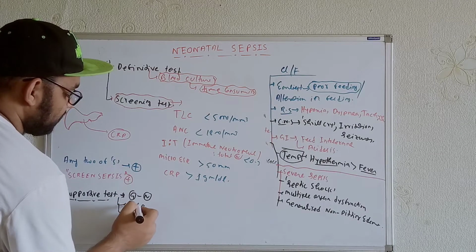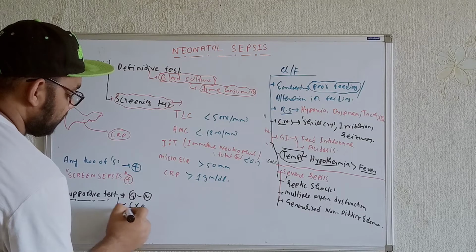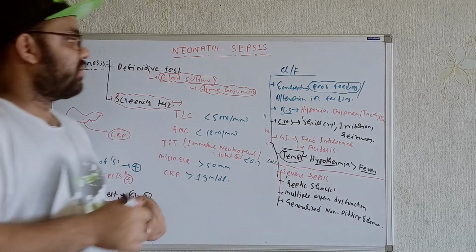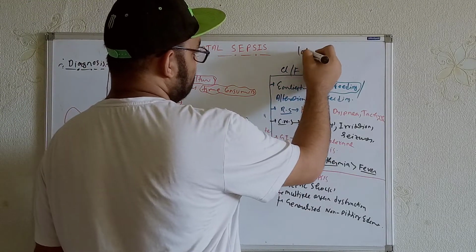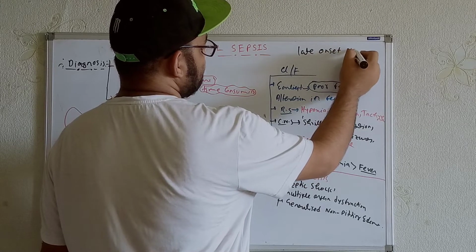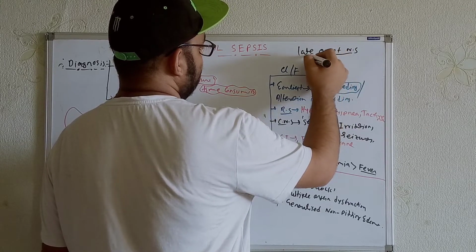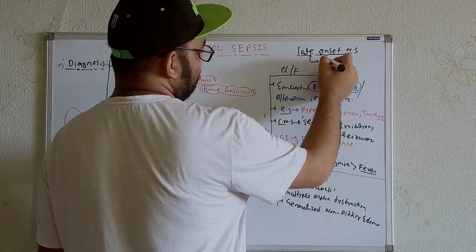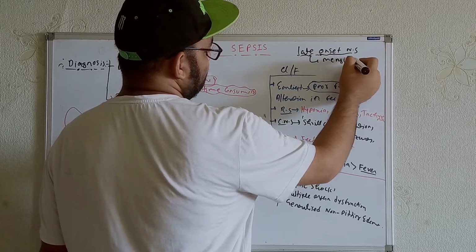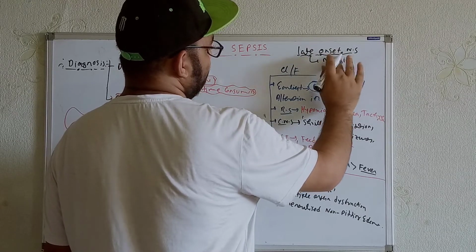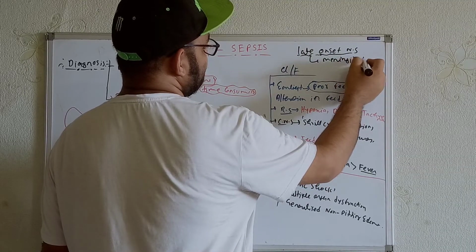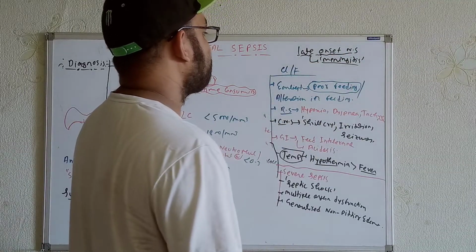we can study the CSF, cerebrospinal fluid, because of one thing we'll get in terms of the late onset. Okay, let me write it over here. In terms of the late onset neonatal sepsis, there is a chance of having infections of meningitis. Sorry for spelling mistakes. Meningitis. Yes. So in terms of late onset neonatal sepsis, we can get meningitis.